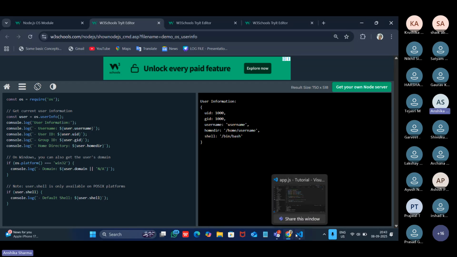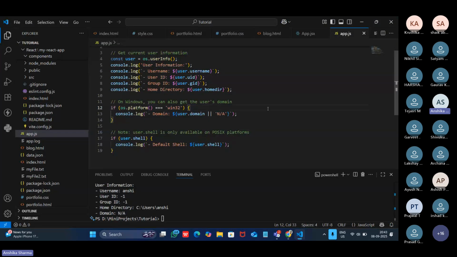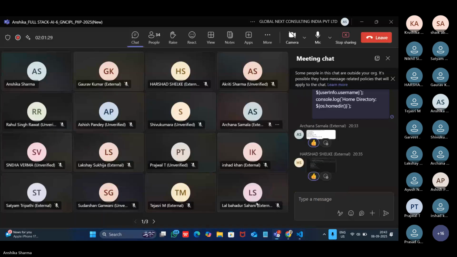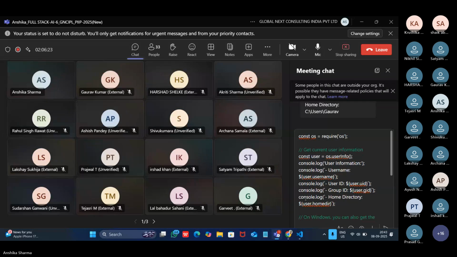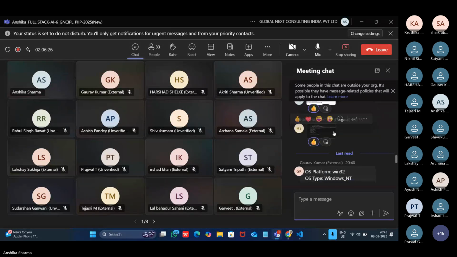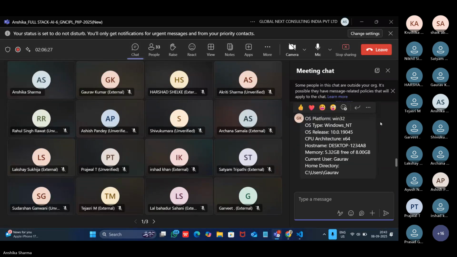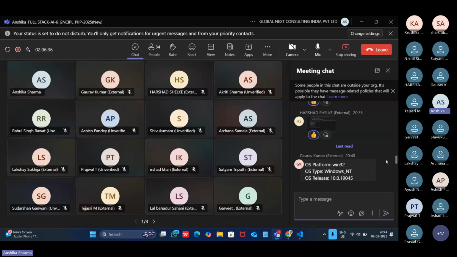Okay, let me just paste this code in the chat box. Gaurav, you are able to send the chat now, I guess?